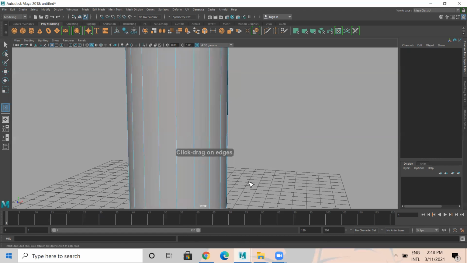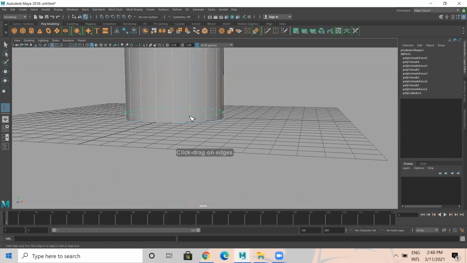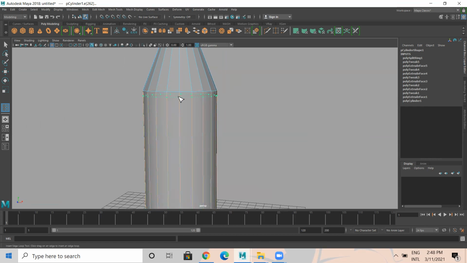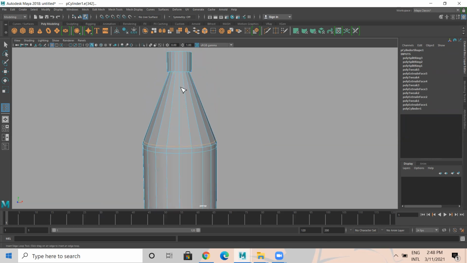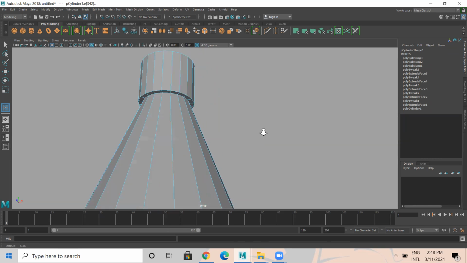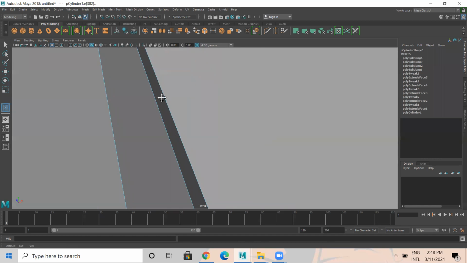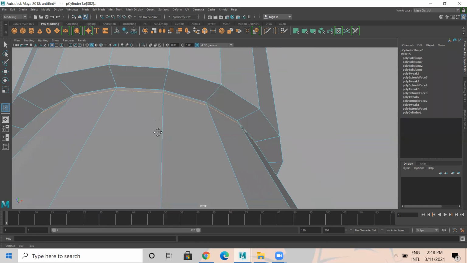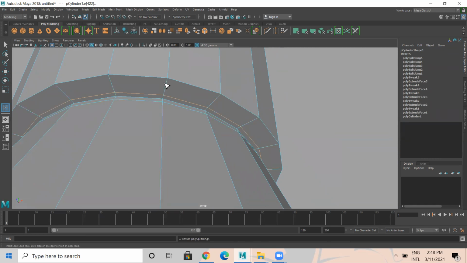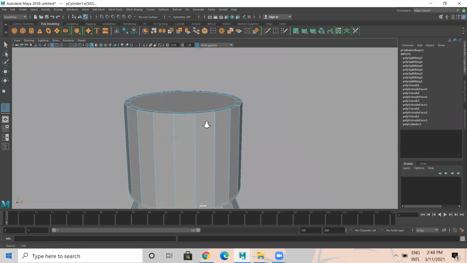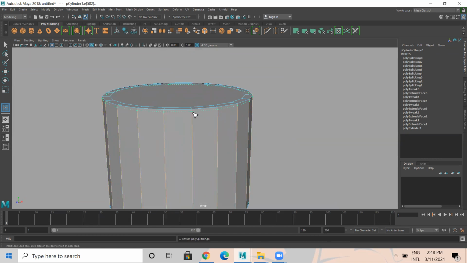I'm going to insert a few edge loops here, and I need to retain the shape, so that's the reason I'm adding edge loops here. One loop here, and here for this particular bottle, one here, and one here. Then after that I would like to add one here.